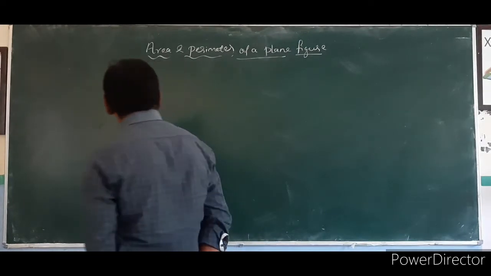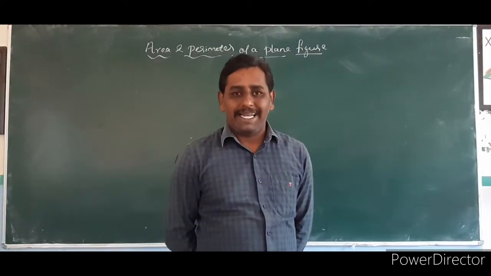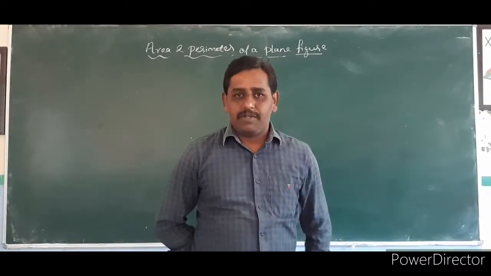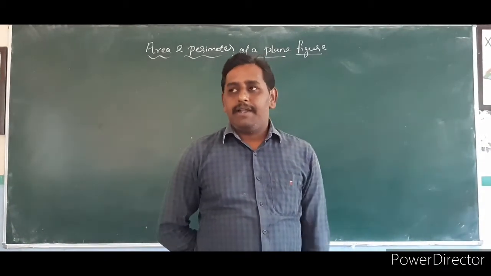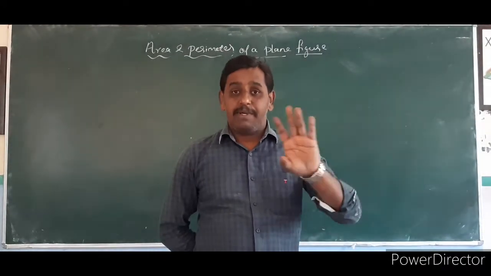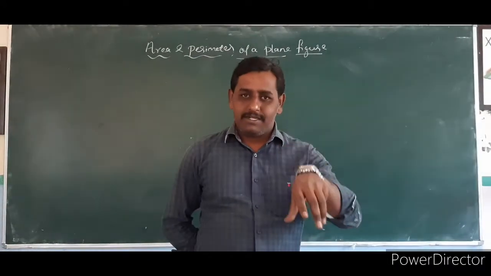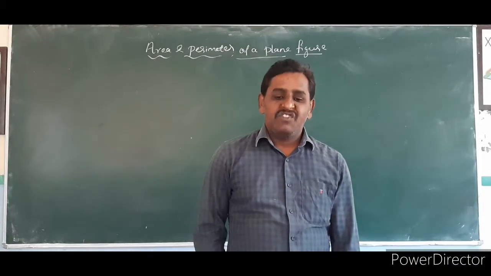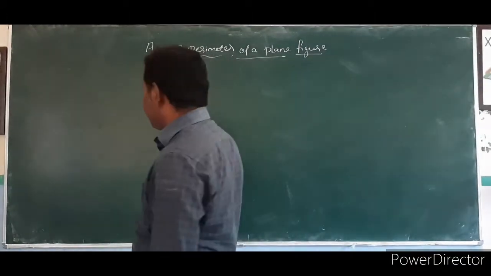Before that, what is meant by perimeter? Perimeter is the length of the boundary of the given figure. If you add all the lengths of the boundaries of the figure, then you will get the perimeter. And what is meant by area? The area is enclosed within the perimeter boundary. So the region enclosed by the boundary is called the area of the given figure. Moreover, in today's class we are going to discuss triangles.